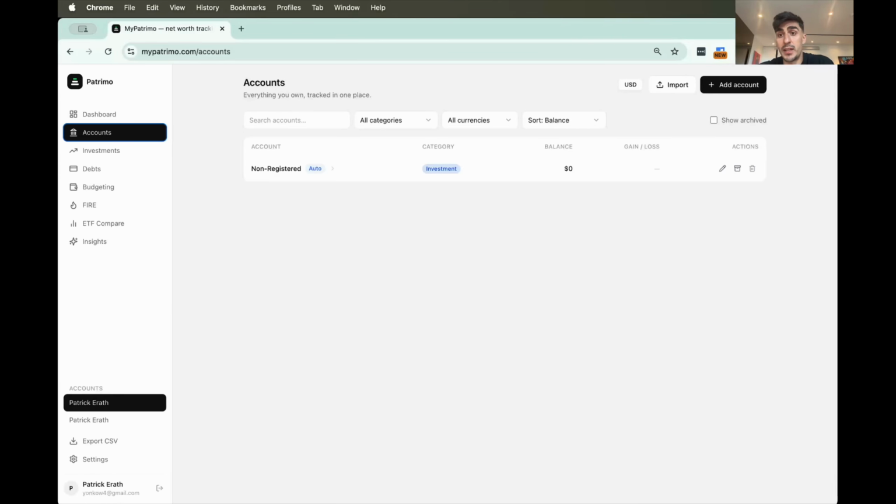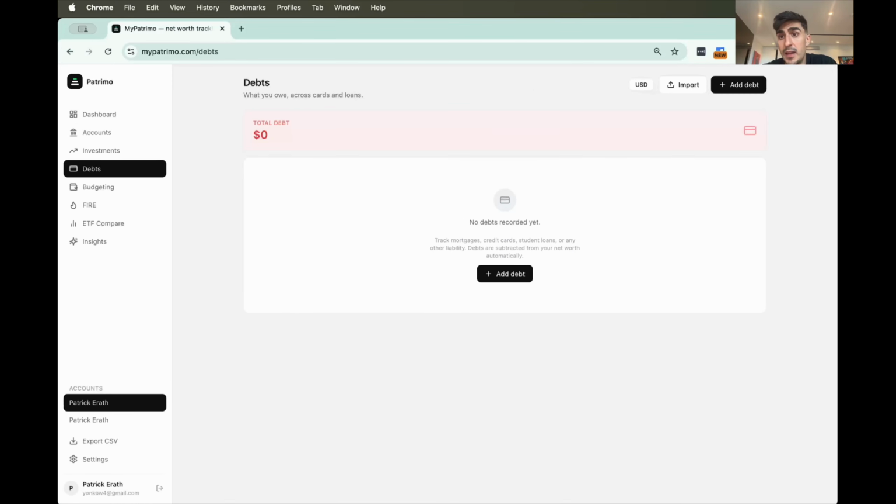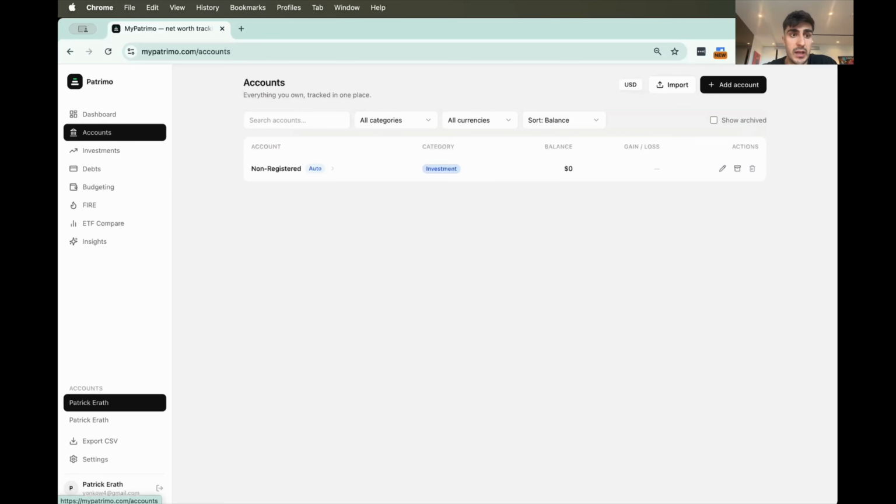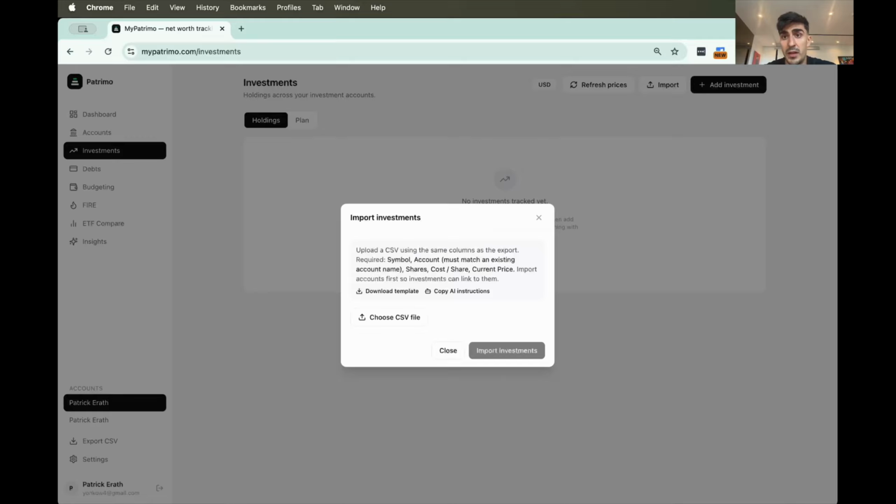So the next way to import your data is via CSV. You'll notice that in every single subtab, accounts, investments, and debt, there's the ability to import data. Now, in this case, I've already created a non-registered account that I want to tie back to my investments. So if I go to the investment subtab, I'm going to import a dummy CSV, which I've filled in from the template that you can download here,